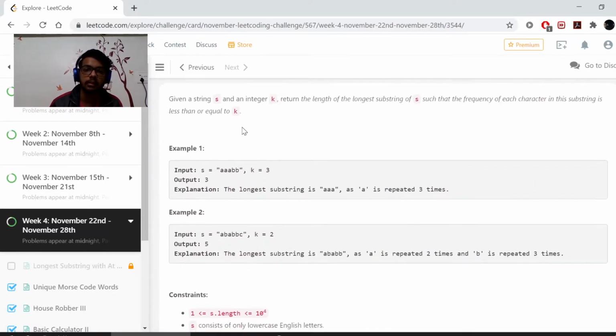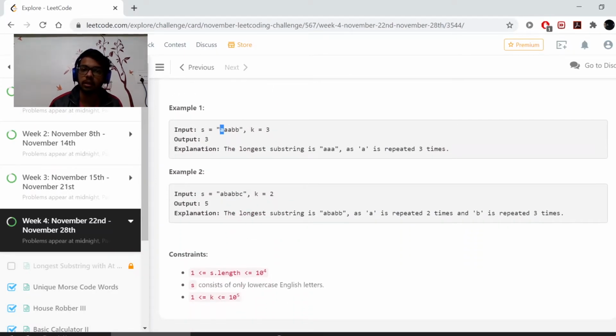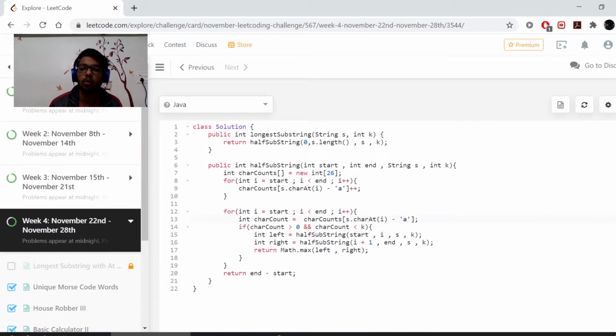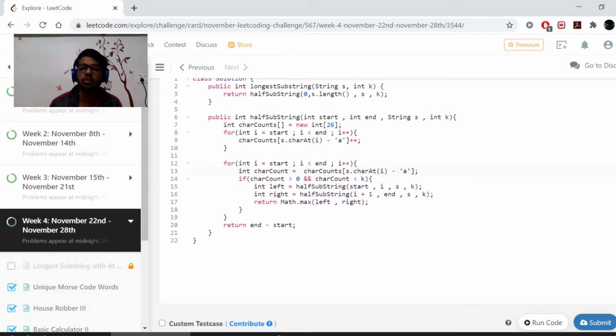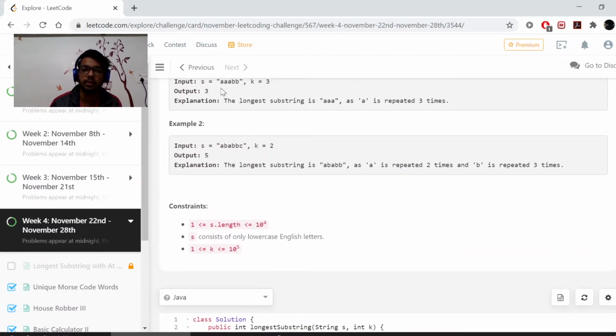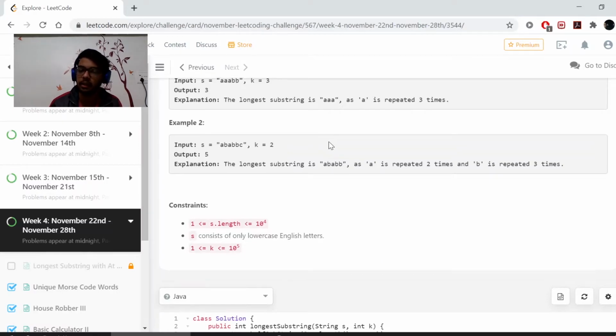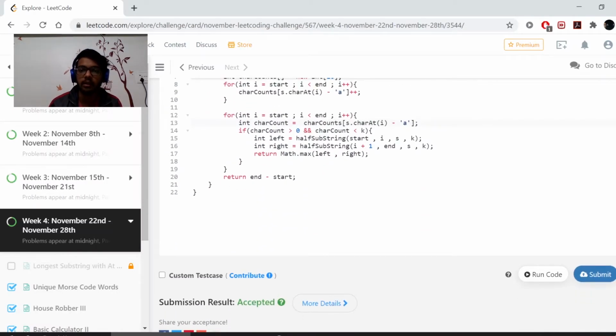So let's take this example. It won't trigger here either, not here. At 2 we realize that it will. So at b, which is index 3, I equals 3, we get into this if condition, and what we do is from 0 to i we call this function again, and for 4 to 5 we call this function again.